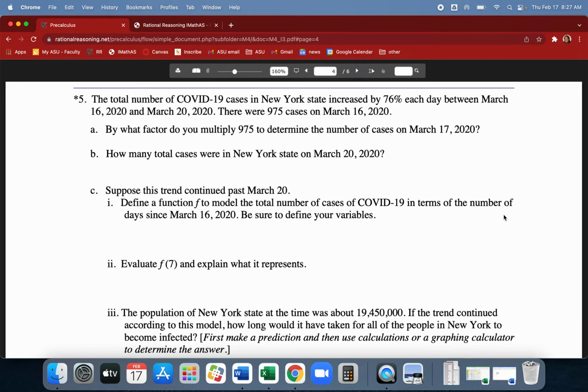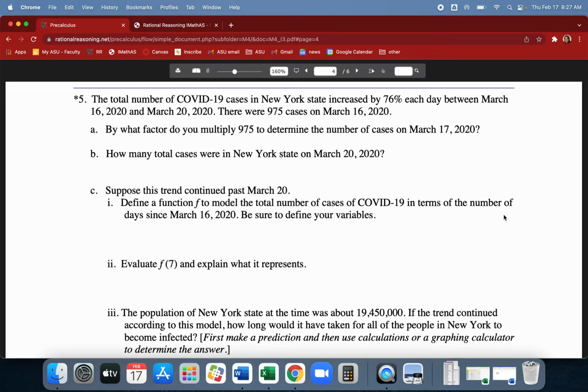And then day 3 and then day 4, we need more factors of 1.76, or multiply this 1.76 on more and more times. So just call it something. Did it give us a letter? F, I suppose. So f of x, our function that we could use to model this would be this: